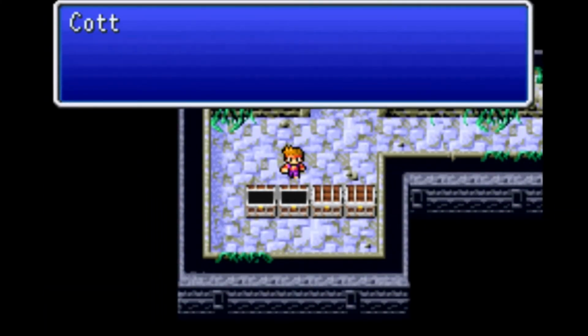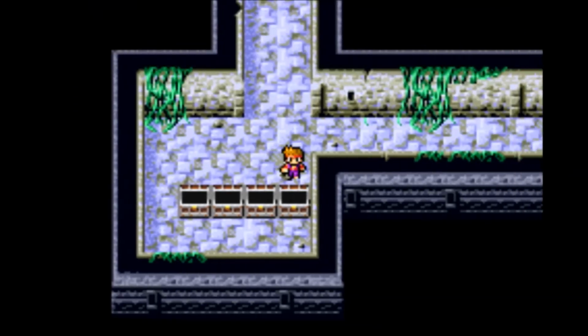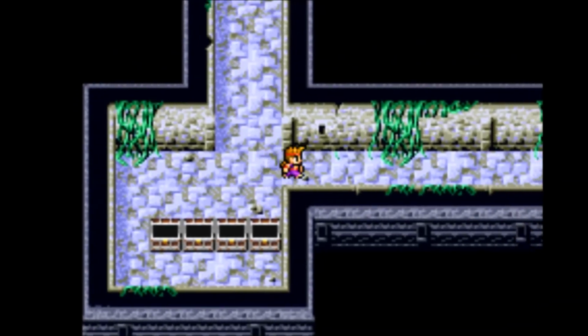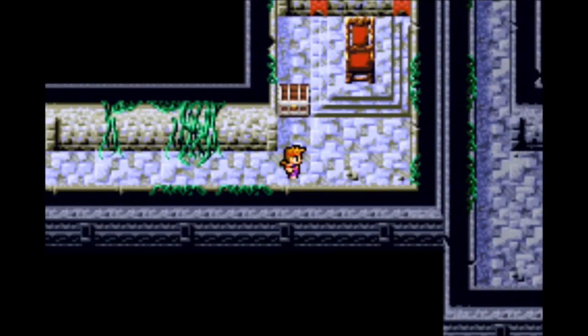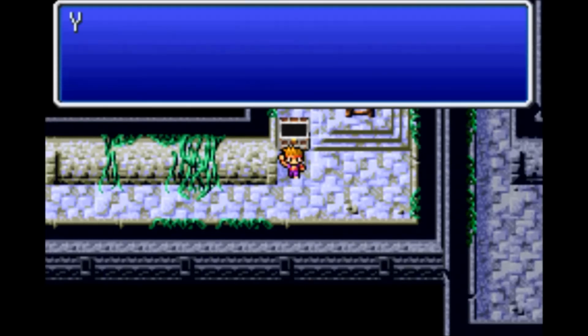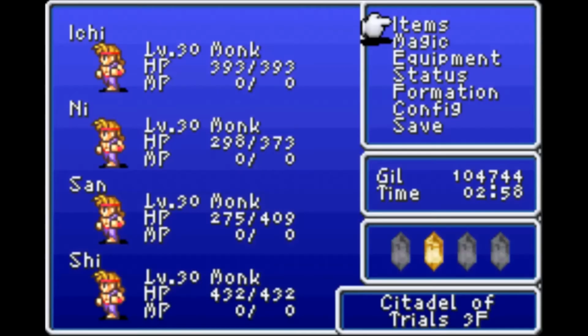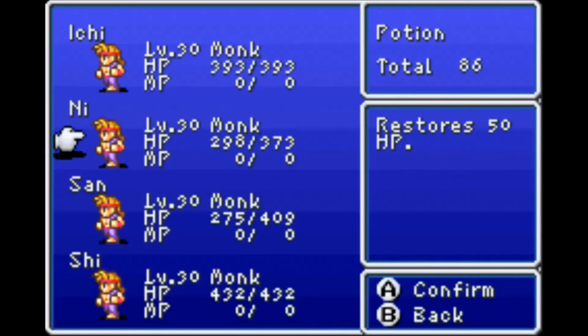Okay, these chests right here. Cottage is good. 1455 gil is good. 7340 gil is good. And here is what we came for. Well, aside from the healing staff. This is our proof of courage. Our rat's tail. Our rat's tail proves that we have courage. I don't get it. It doesn't...